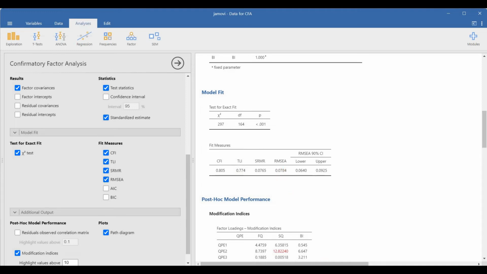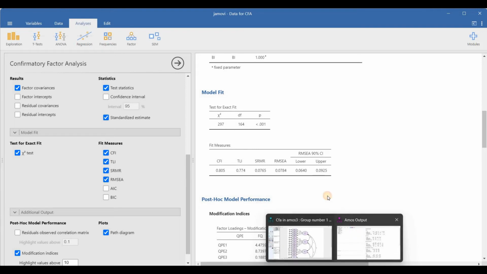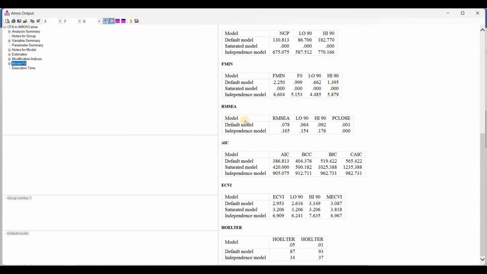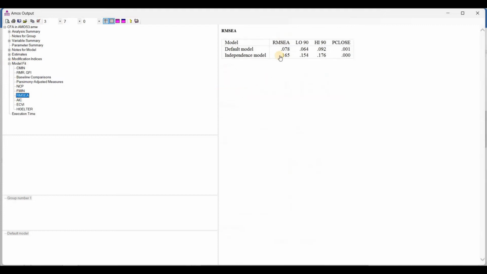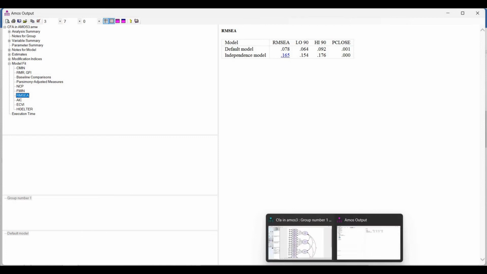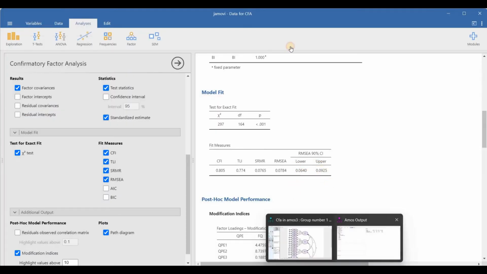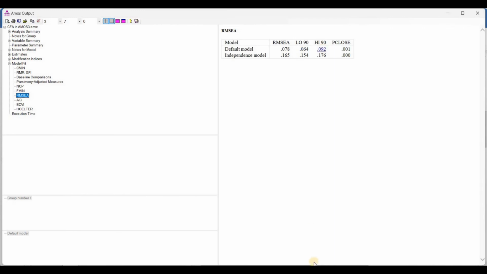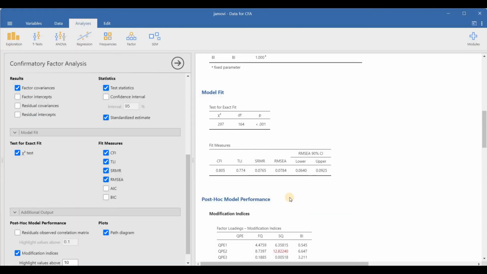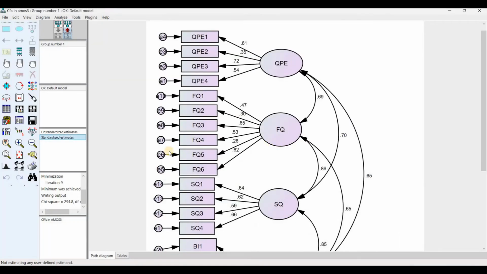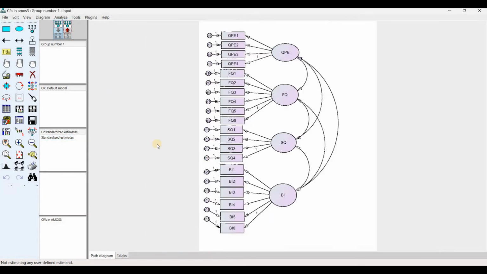RMSEA, its value is 0.07. Here you can go down and check from here: this is 0.078. Alternatively, RMSEA is available here, and the same value is there. And then the lower and upper bounds are 0.06 and 0.09, so both are exactly the same. One more thing, the SRMR value. It's not directly producing the value, but we have to